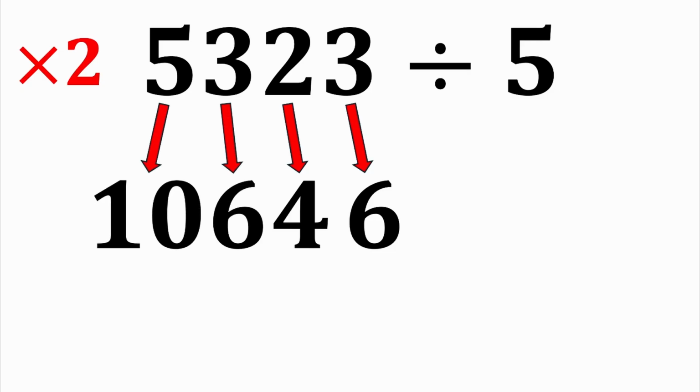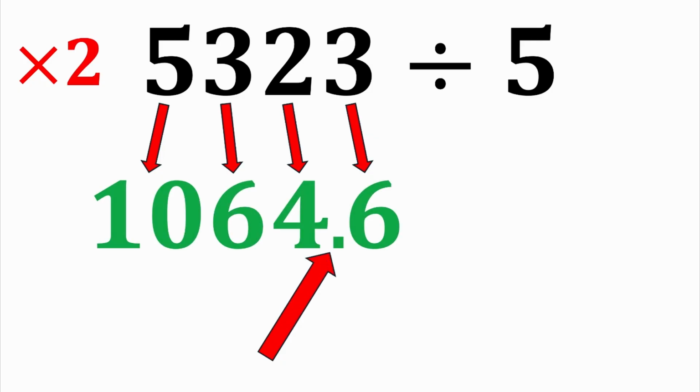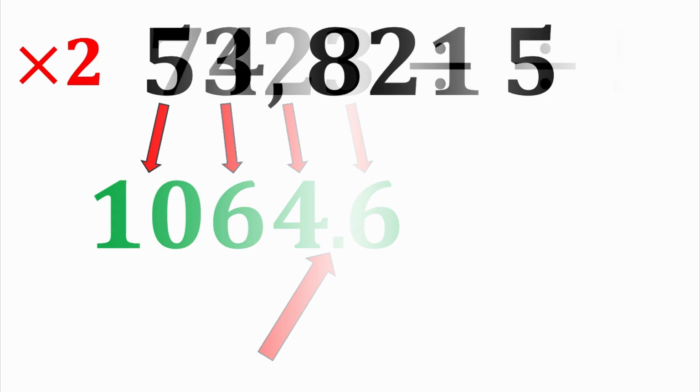Now this part's going to be really easy. I just go to the last digit and I put a decimal in front of it, and that's it. My answer is 1064.6. Okay, there's no way that works for bigger numbers, right? Maybe this number was a fluke. Well, let's try it on